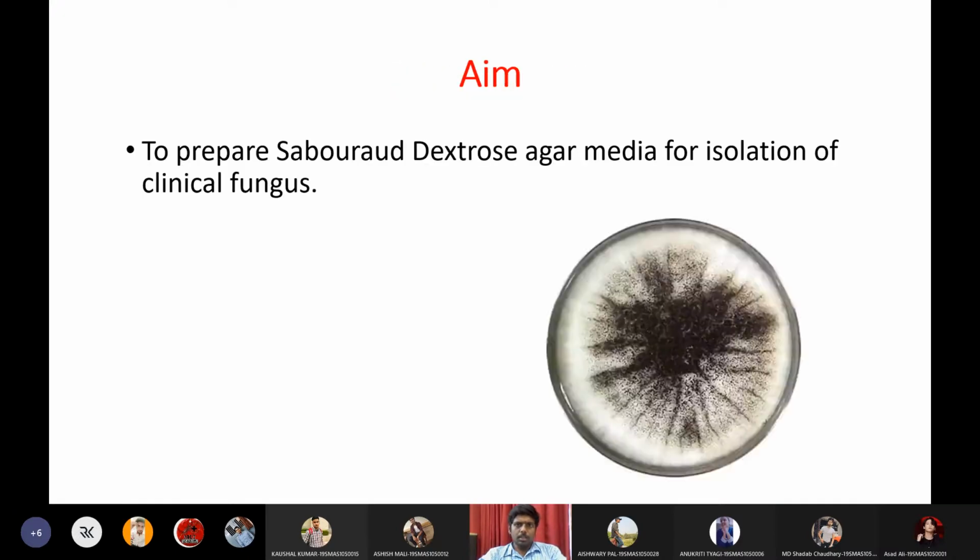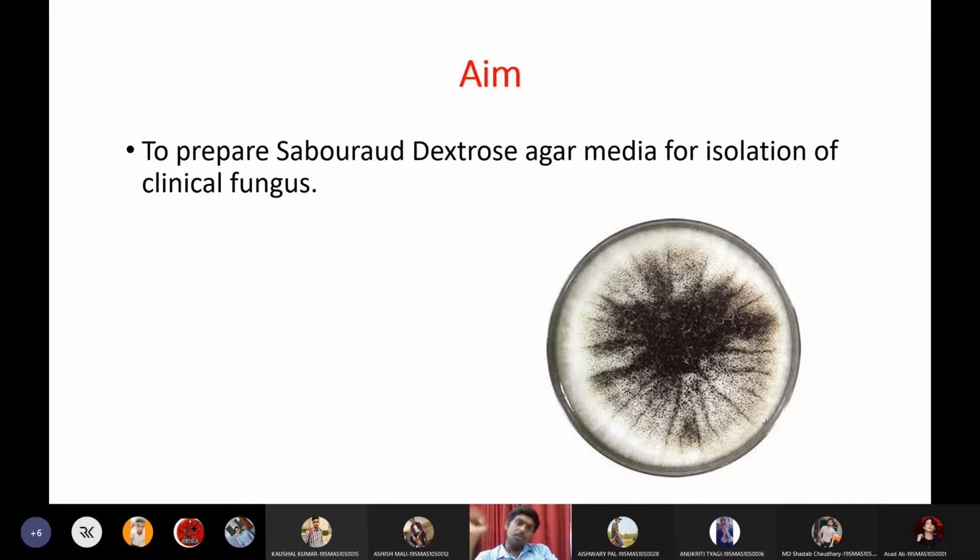On this agar, students, you will get growth. This is how the fungus will grow on the SDA. Depending upon the color, the colony morphology, the time it took for the growth of the fungus, and the moisture conditions, we can isolate or identify various types of fungi. If it is green in color, it might be Aspergillus. If it is yellow, it can be Aspergillus fumigatus. If it is black, it can be Aspergillus niger. So depending upon the color, we can identify the fungi.